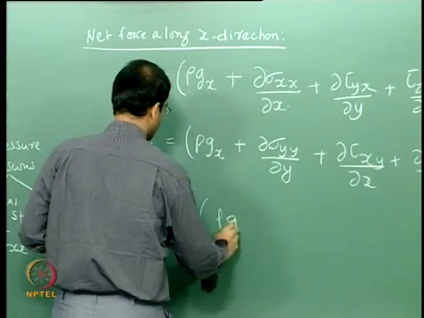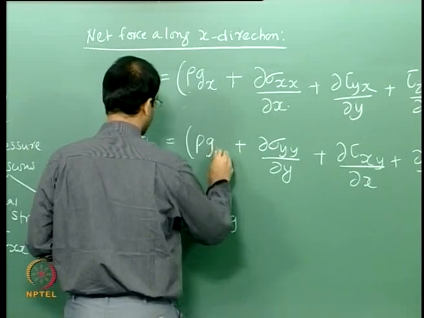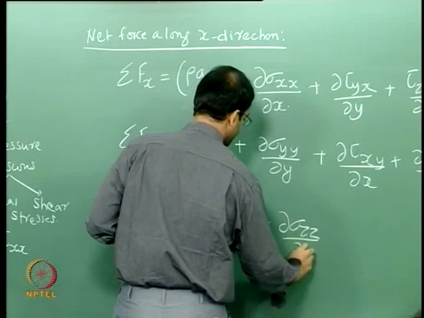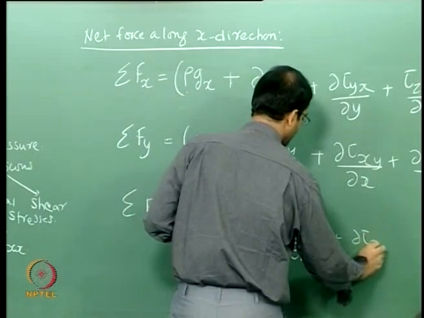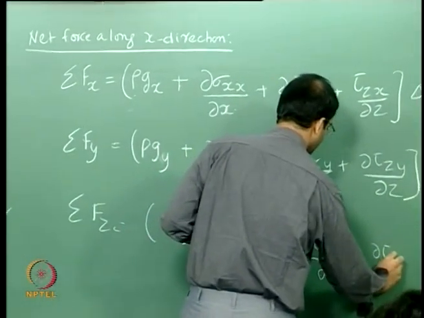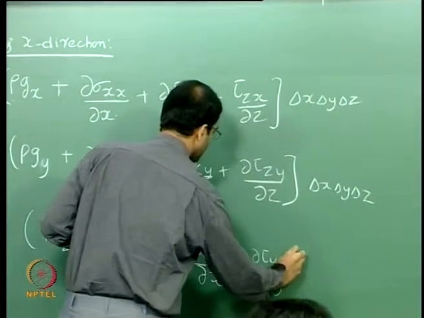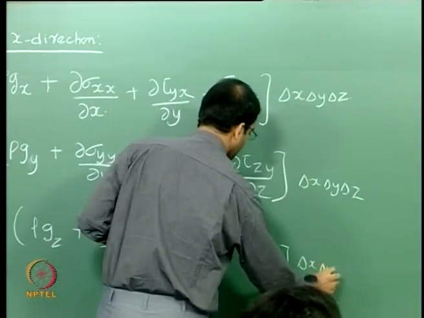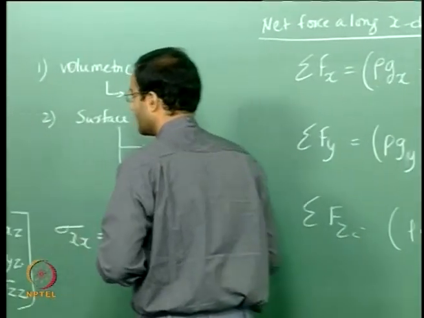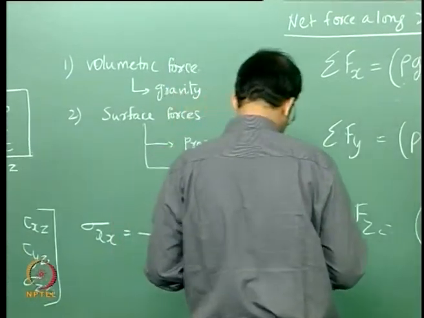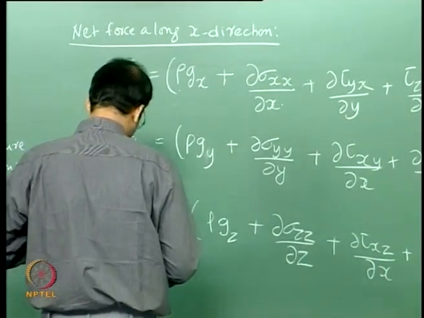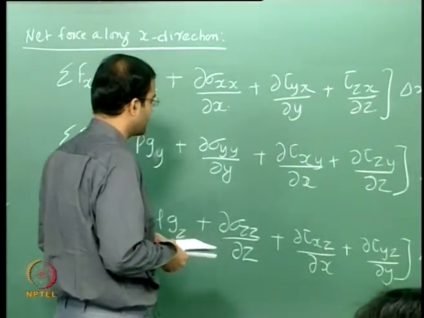So this should be the gravity, I'm sorry, this should be in the y direction. Okay. So this consists of the net forces acting on this control volume faces, and we have also expanded the total derivative. So let us equate them, and before we do that,